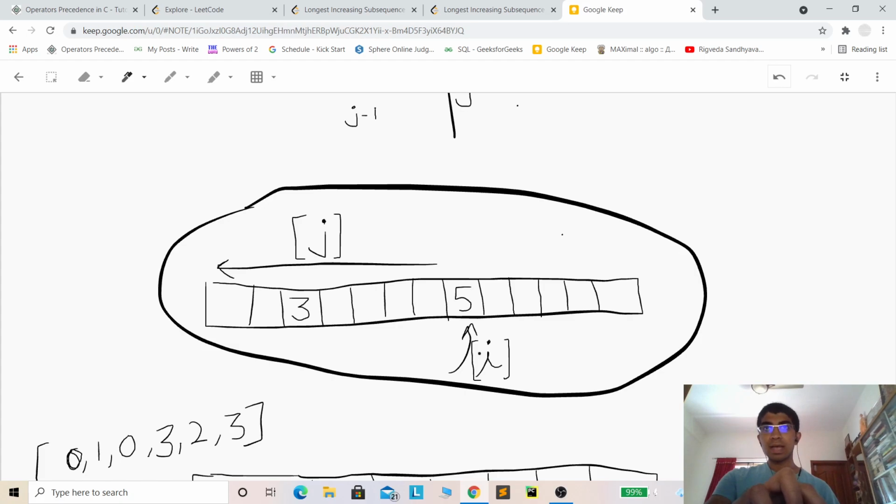If we are at the ith position, for each ith position we go through all the jth positions which are less than i. So let's say the value 5 is at the ith position, we go from 0 to i minus 1 in the inner for loop.